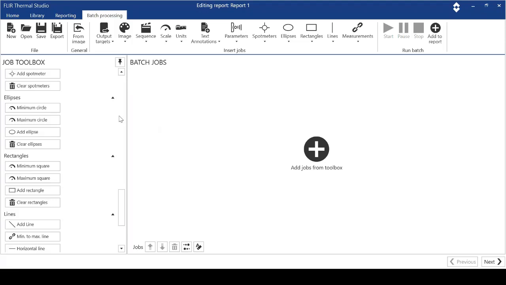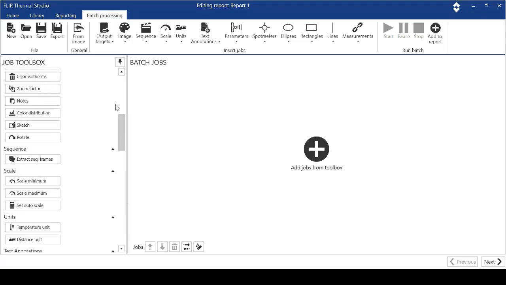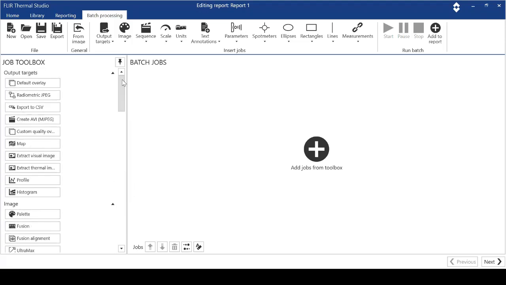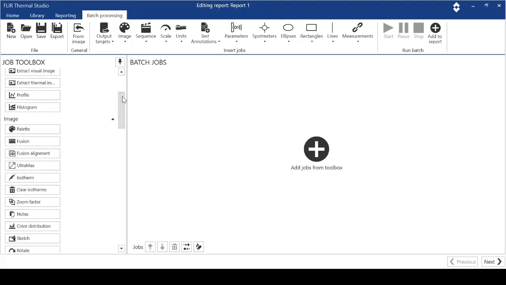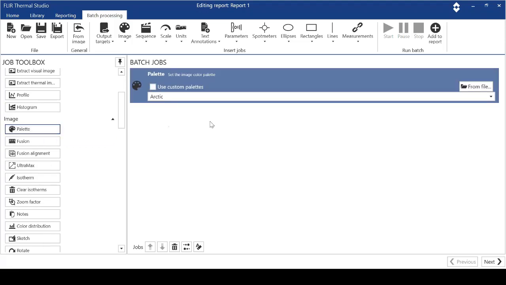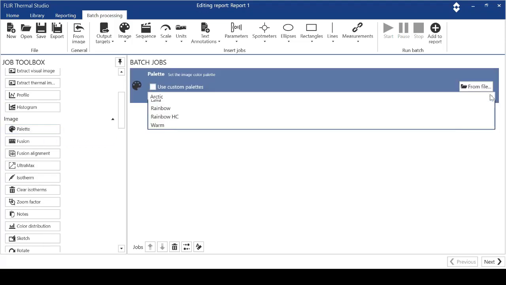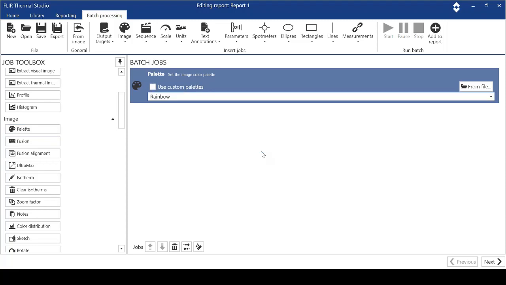So what we can do from here is actually start a list of jobs that we can select from the toolbox that we see on the left. So to start off with, whilst we can do many things here, just for the purposes of this demonstration, I'm simply going to make sure that all of the palette is common to a rainbow palette. We can add other